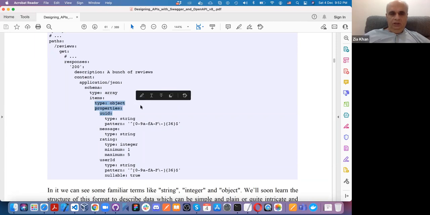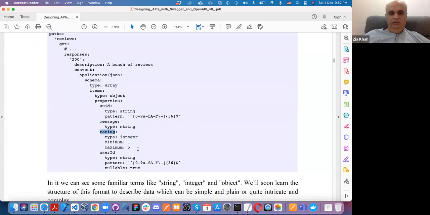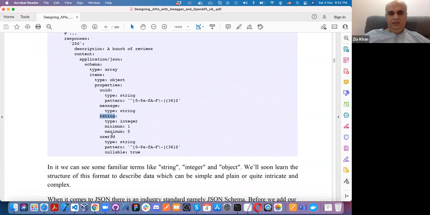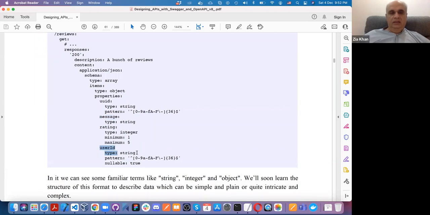The first property is UUID of type string. Then a message of type string, then rating of type integer with minimum value of 1 and maximum value of 5, and the user ID of type string with this pattern, and it can be nullable, meaning it may have no user ID, which is true. So therefore, this is a complete response.